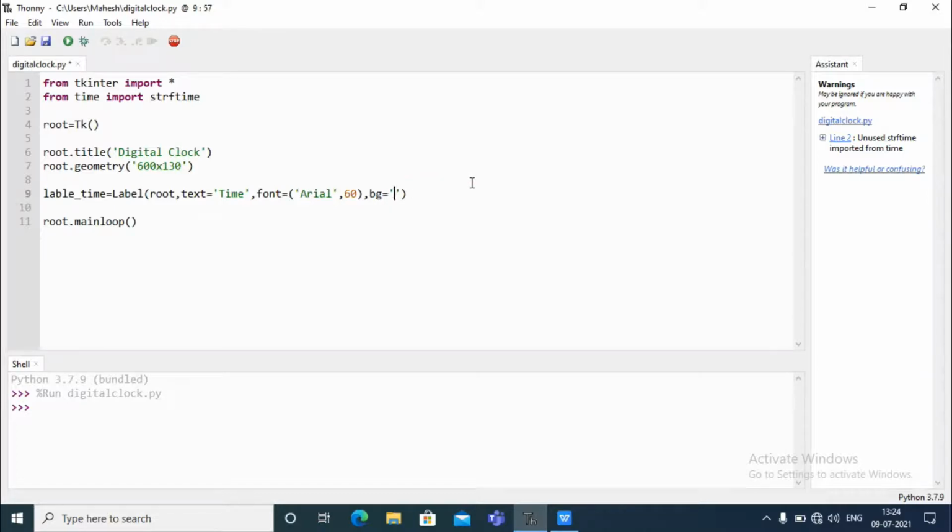If you want you can change it, no problem. Leave it for now and pack it: label_time.pack.